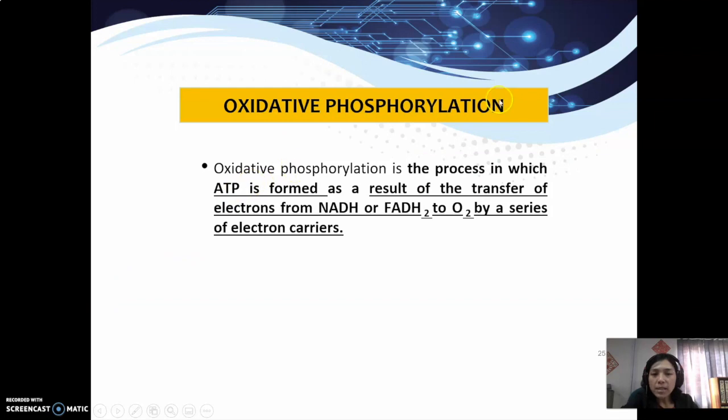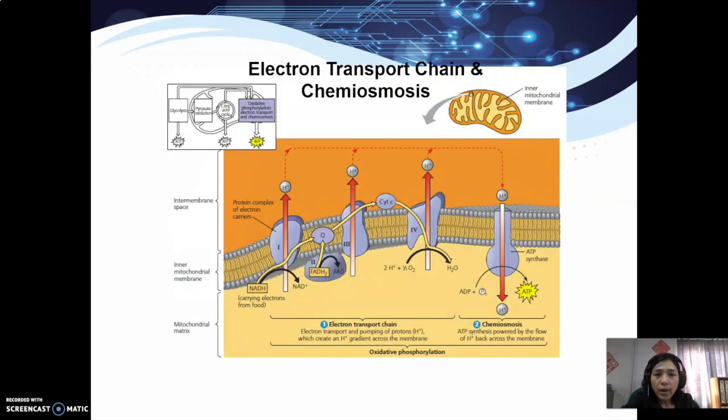So the meaning of oxidative phosphorylation is the process in which ATP is formed as a result of the transfer of electrons from NADH or FADH2 to oxygen by a series of electron carriers. Oxidative phosphorylation involves two steps, which are the electron transport chain, also known as ETC, and also